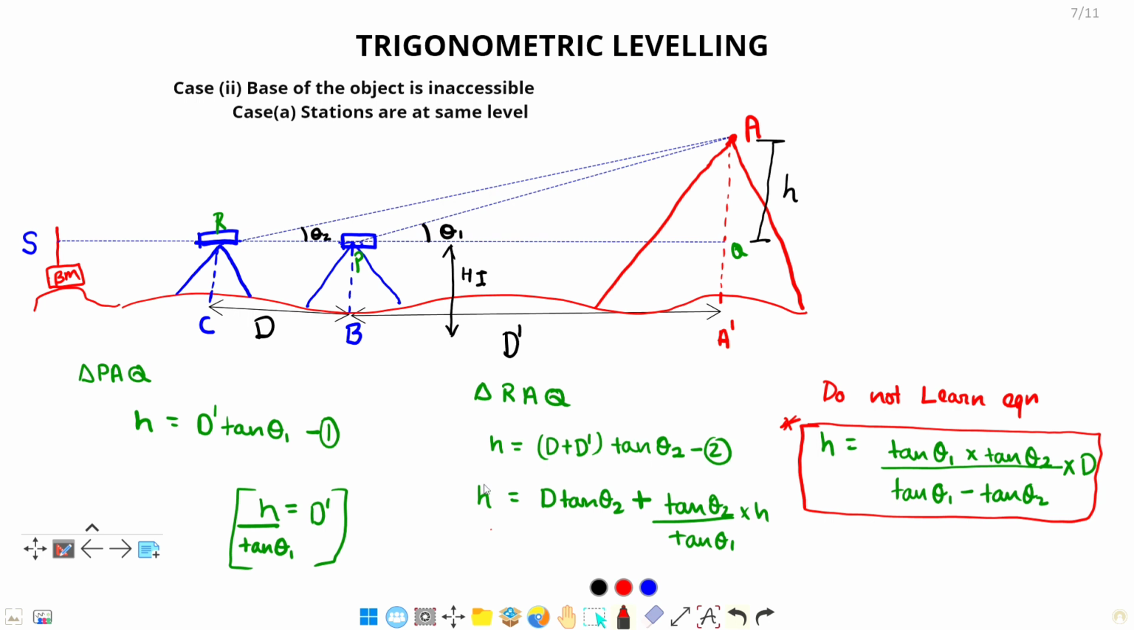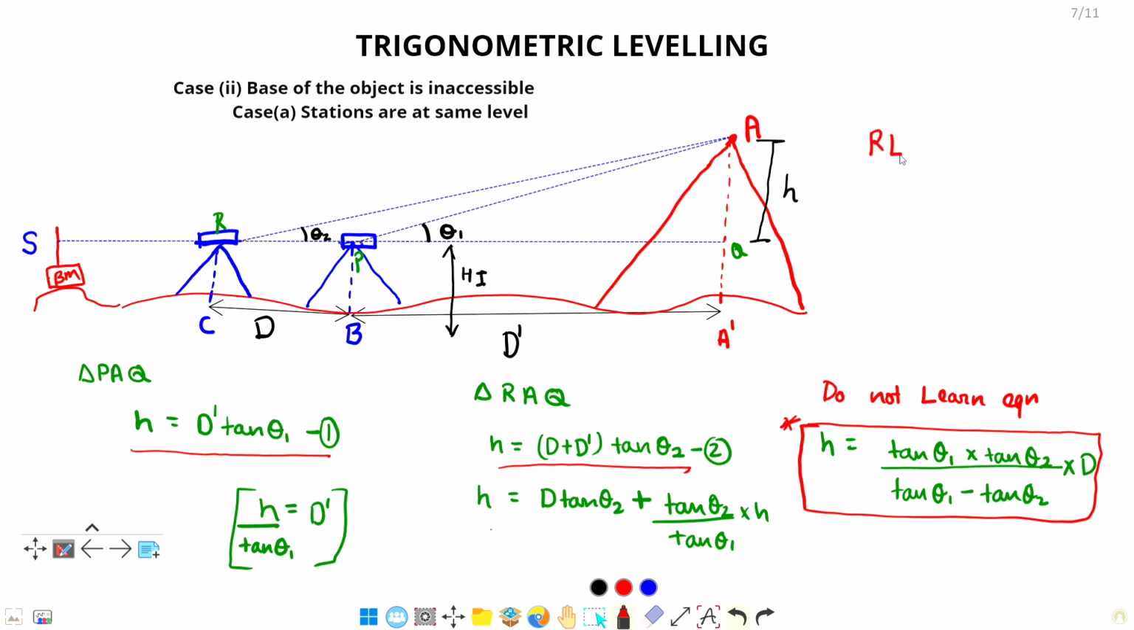Why? Just remember the steps of how I did it. I first made equation 1 and then I made equation 2. If a question comes, just make equation 1 and equation 2 and substitute the value of d dash from the first equation into the second equation and you will get the value. If you try to learn the equation and remember it, it will make things tougher and you can make mistakes from it. So just remember the process, and once you get the value of h,